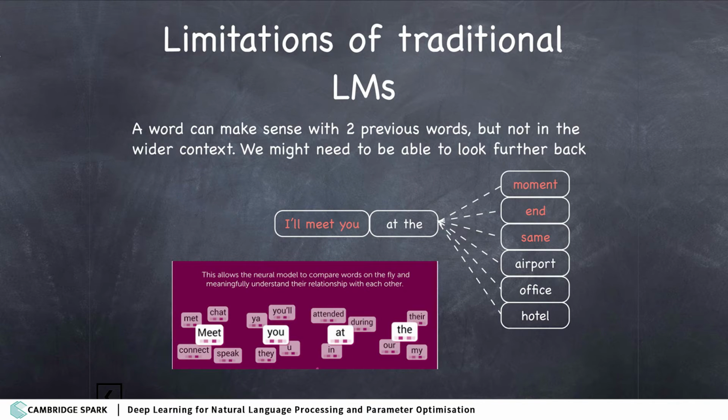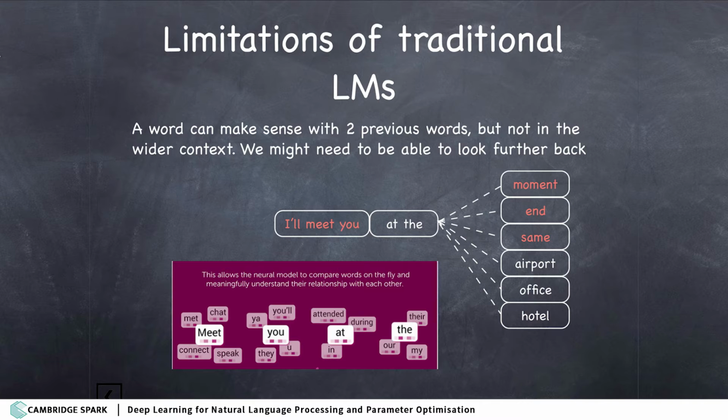So say we've looked at this example with "at the", and the possible continuations "at the moment", "at the end", "at the same", which are all quite probable, because those are very frequent phrases. But what if we see a bit of the context before that? What if the actual context in the whole sentence was "I'll meet you at the"? At that point, we know that all of those three possible continuations are now not very likely given the previous